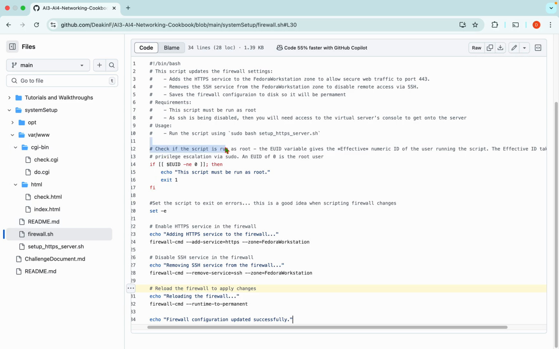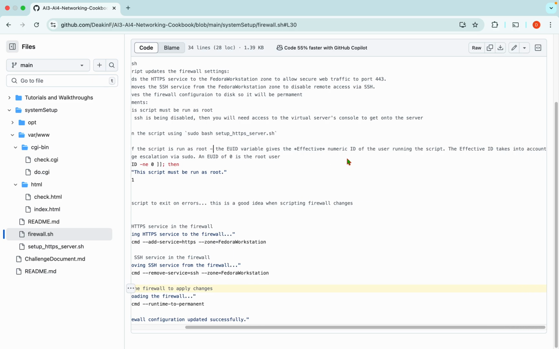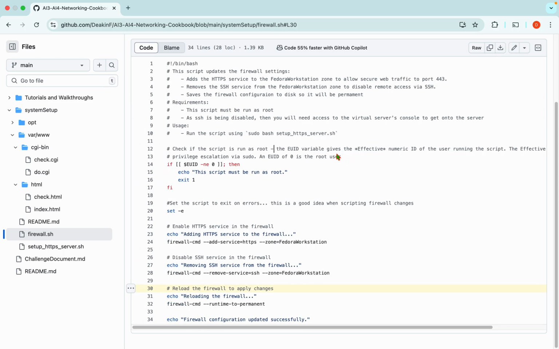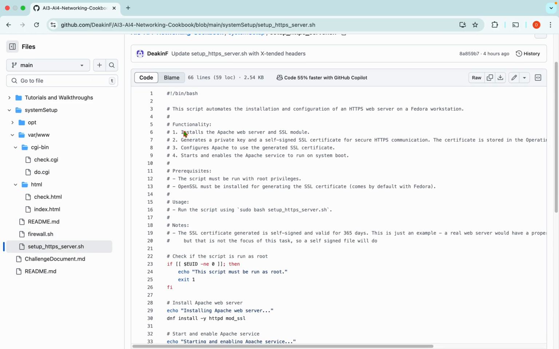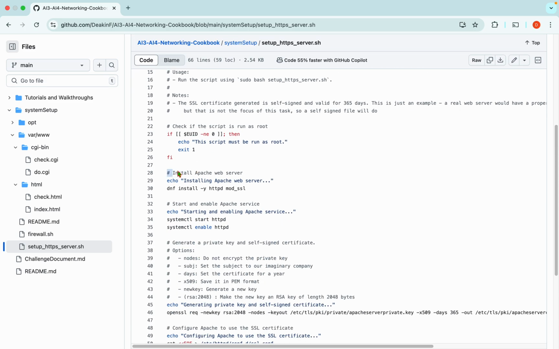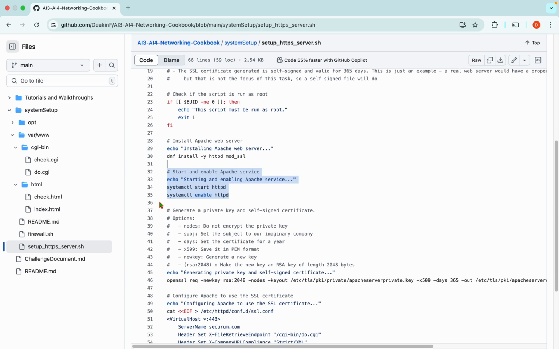And as you can see, just a note here that it checks if the script is run as root. The EUID variable gives the effective numeric ID of the user running the script. The effective ID takes into account the privilege escalation via sudo. An EUID of 0 is the root user, otherwise it has failed. So if we look at the setup.https, the functionality, obviously, it installs the Apache web server, and then we're going to start and enable the Apache web server